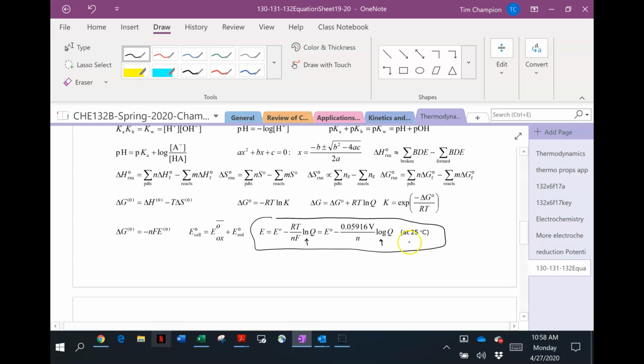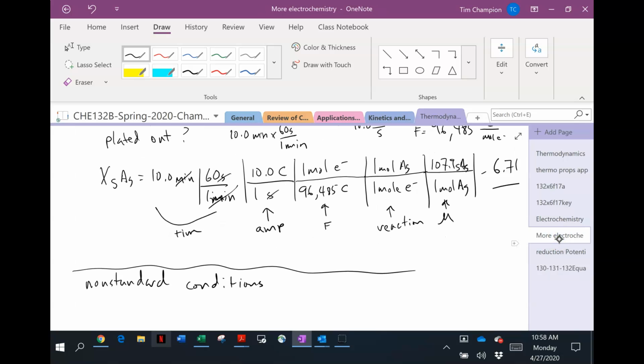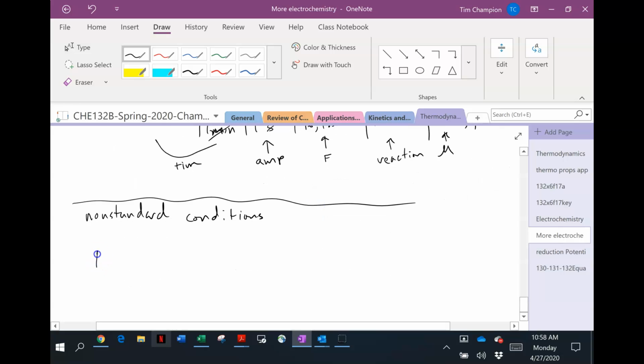This part is the at 25 degrees C part. That number is good only at 25 degrees C. So what it looks like, again, is that E, the non-standard cell potential, is equal to the standard cell potential minus RT over NF times ln Q, where Q is the reaction quotient